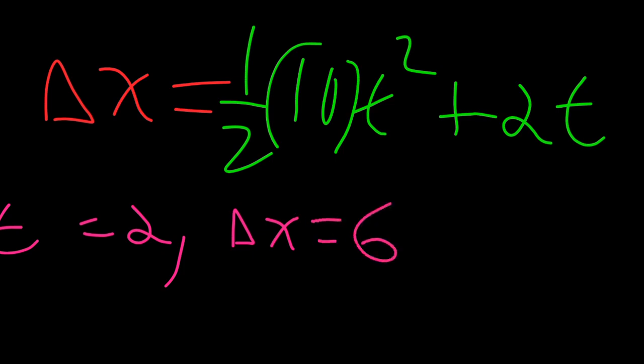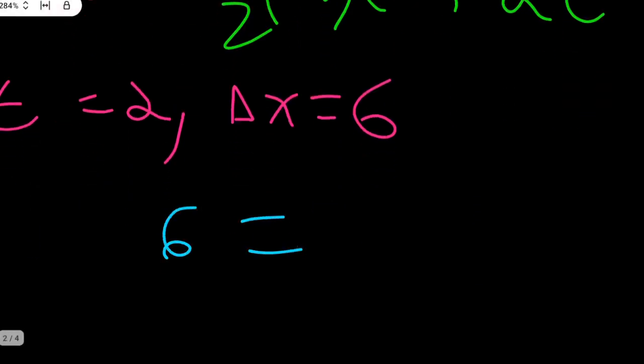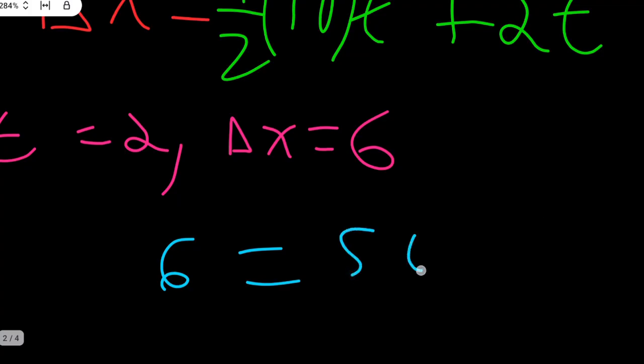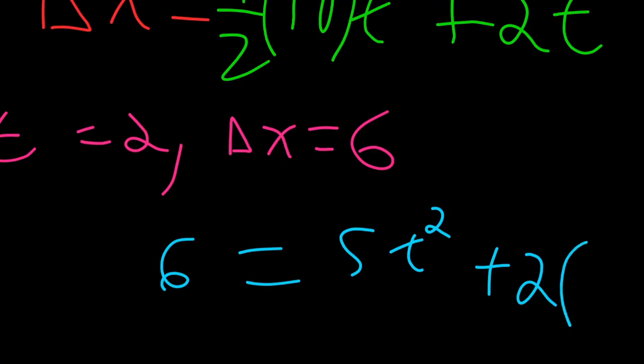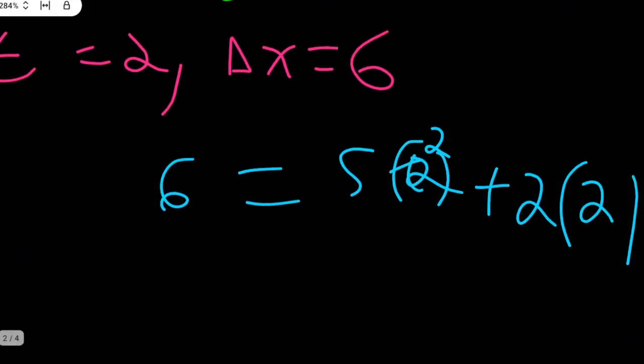You plug those in, and you get 6 equals 5t squared plus 2 times t. Plug in 2 as well,